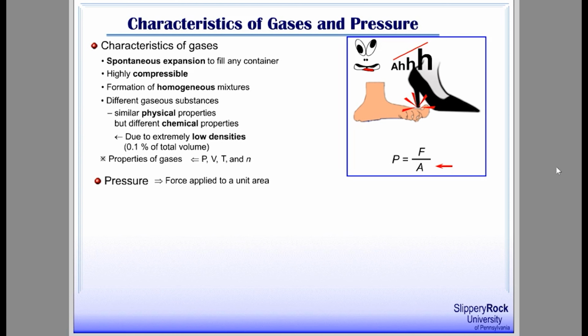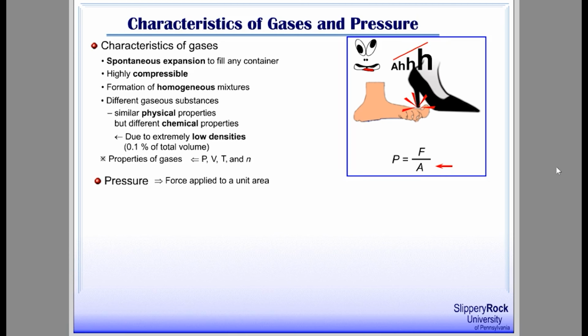No matter she wears tennis shoes or high heels, her body weight remains the same, or the vertical force remains constant. However, the contact areas in the two cases are different. The high heels provide smaller area of contact, and the vertical force is concentrated on that smaller area, producing greater pressure.